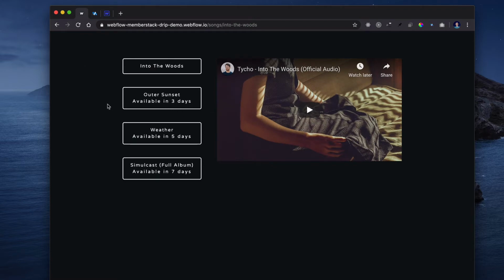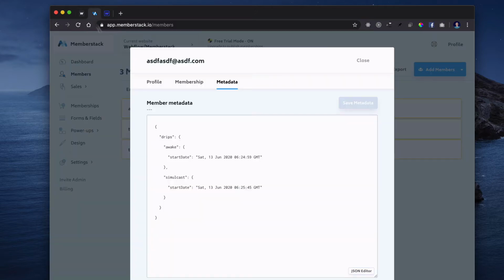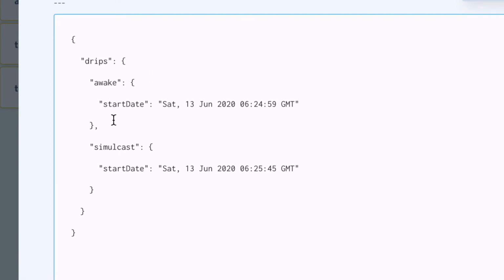That's stored in the Memberstack metadata object, which is accessible via the Memberstack front-end API. So what that looks like in Memberstack is something like this. I have a big JSON object, actually a small JSON object. One key value pair is called drips. Inside we have a key value pair for each drip set. In this case, there are both drips that are set, and a GMT string is stored as what I call